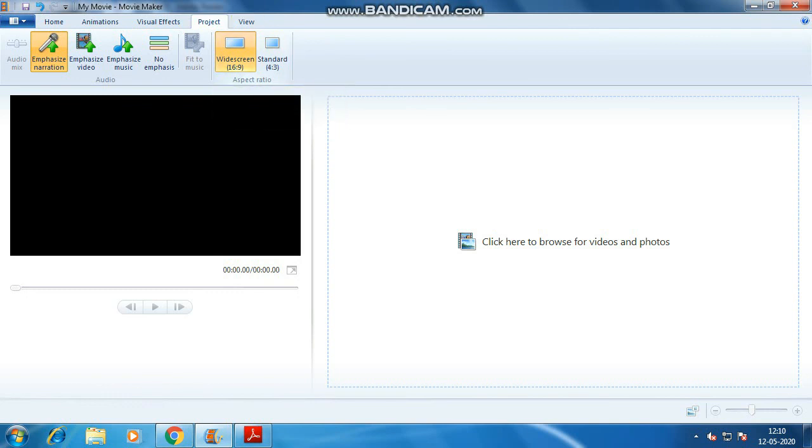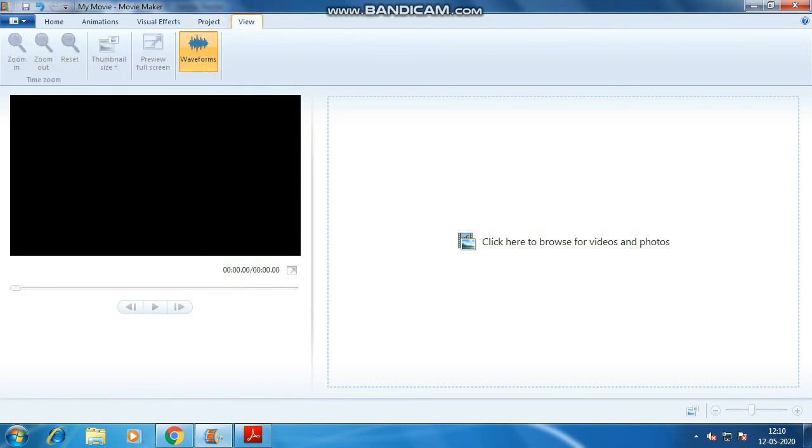Basically widescreen is used as the default selection for LEDs and also for smartphones with a notch display. Next comes View. View has a time zoom group, thumbnail size, preview and waveforms. I'll tell you each of these one by one in detail.